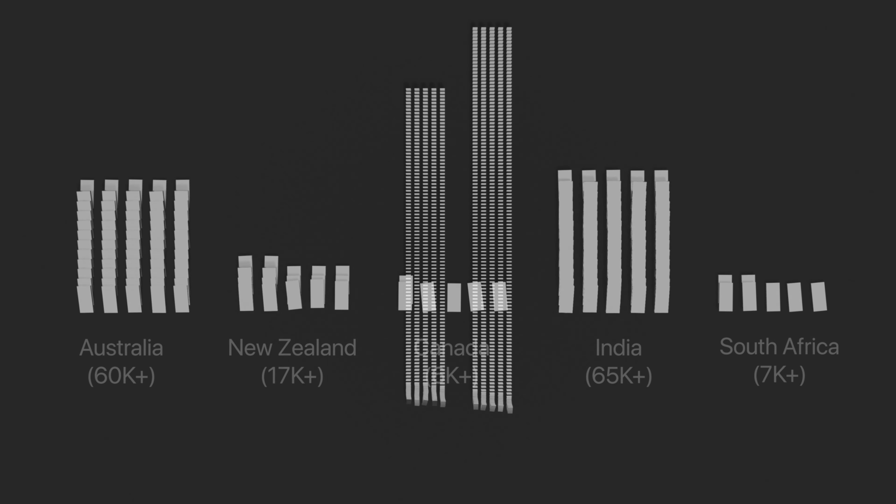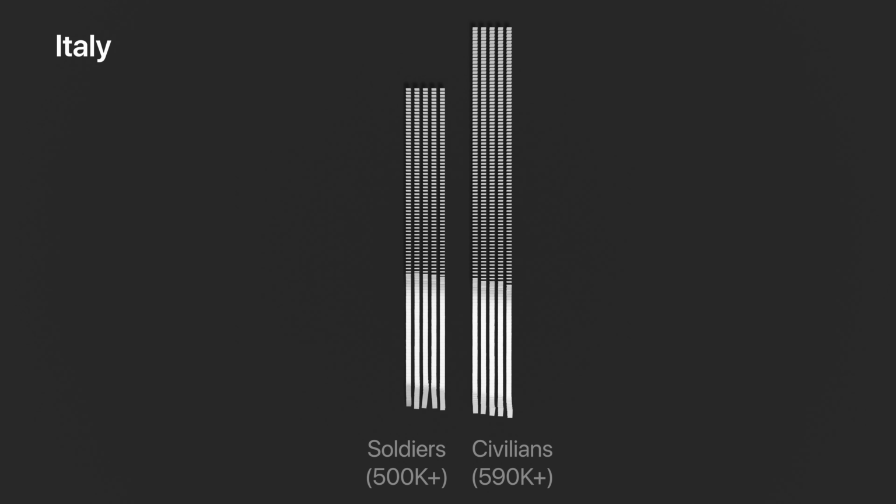The other major Entente nations lost significantly more lives. The Italians joined in 1915 and lost over 500,000 military lives, in addition to 590,000 civilians. Then there is Russia and France, which suffered multiple times greater death figures. When combined, it roughly makes up Serbia's entire population during the war.